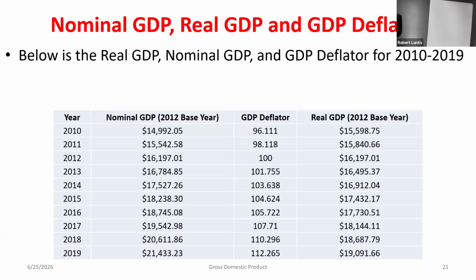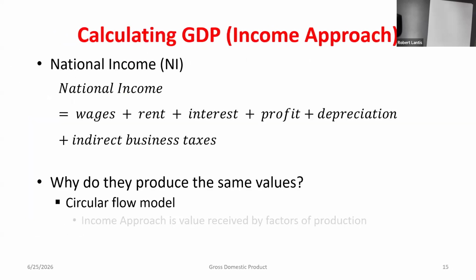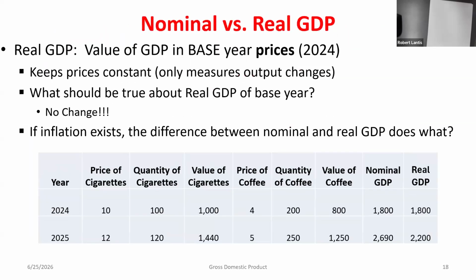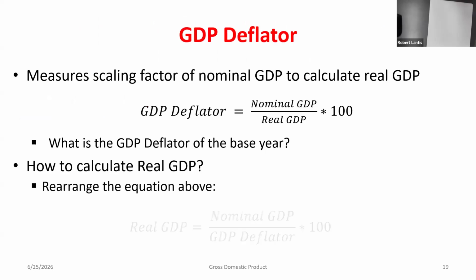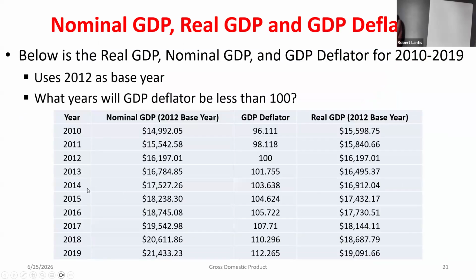Well, my GDP deflator is my nominal divided by my real GDP. In the base year, these are going to be the exact same. So if 2016 was my base year, real and nominal GDP would be the same, and my deflator would be